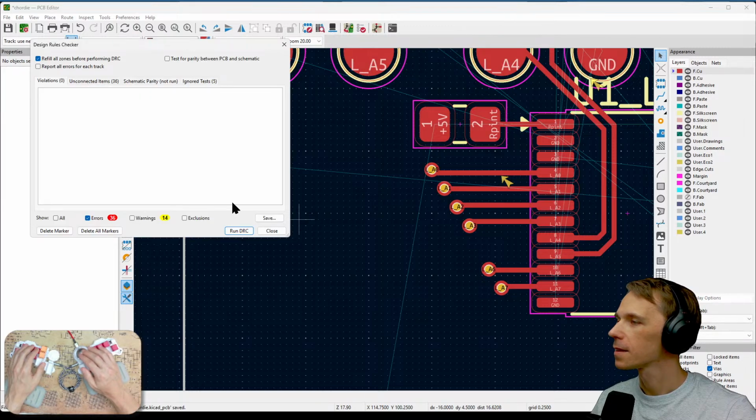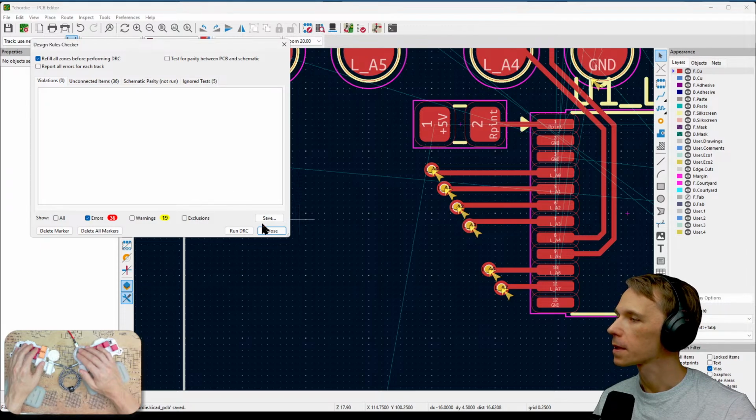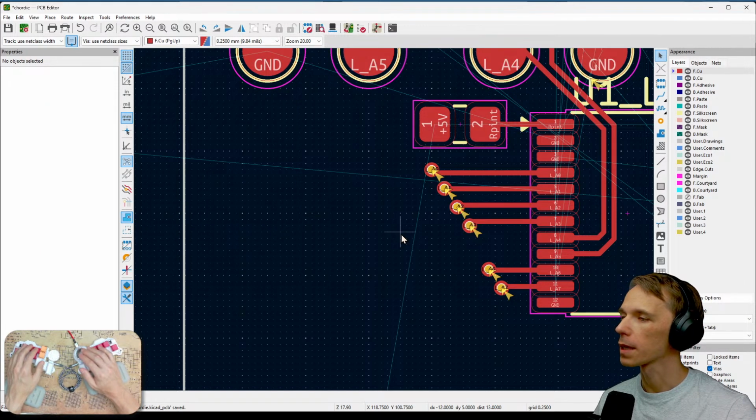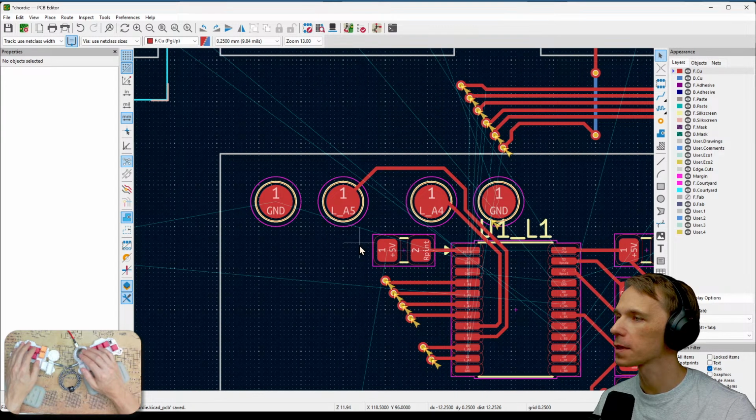I wonder if there are any errors. Okay, nothing. Makes you wonder if there is a feature in KiCAD to have a DRC check live whenever I do something. Okay, anyways,